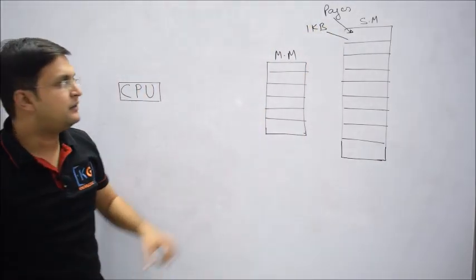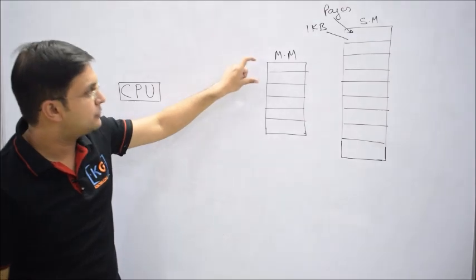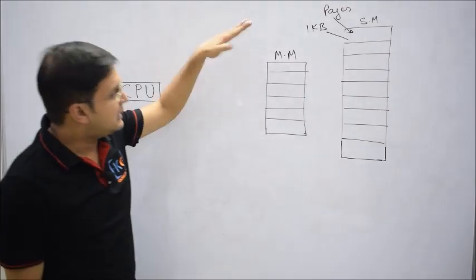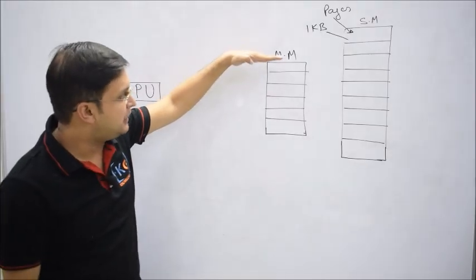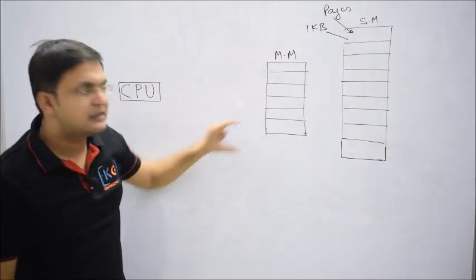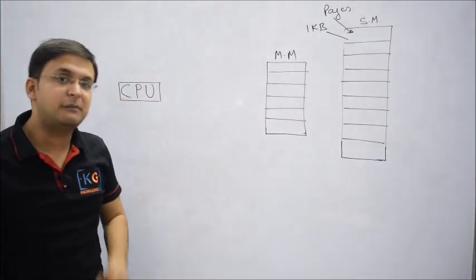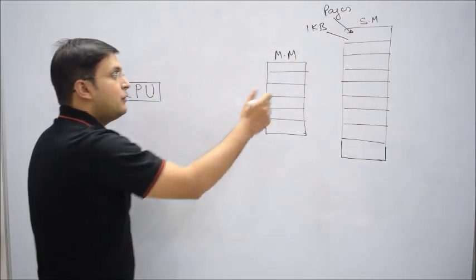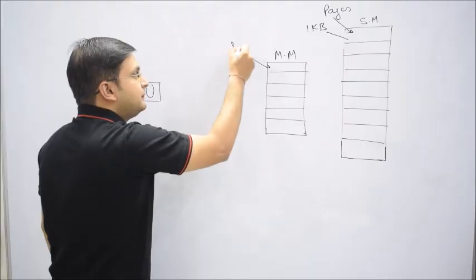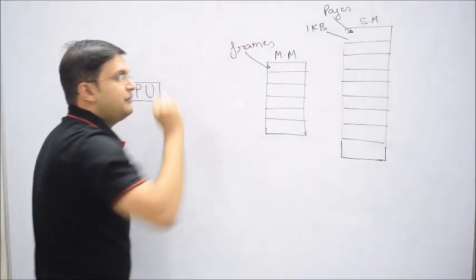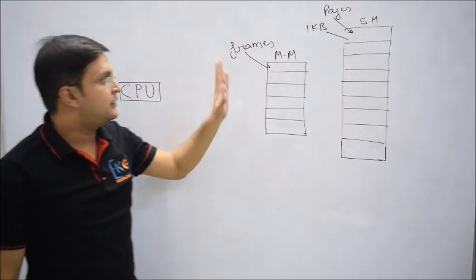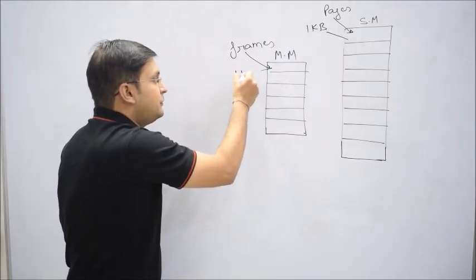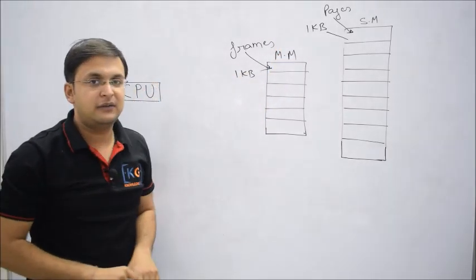So isn't it obvious that the same size should I also use in main memory? Answer is yes. Now you understand, I again divide main memory also into equal size partitions, and the size of these partitions is also same as that of secondary memory, but now here I call them frames. That is a very important unit. So if a page is of size 1 KB, then the frame will also be of size 1 KB.